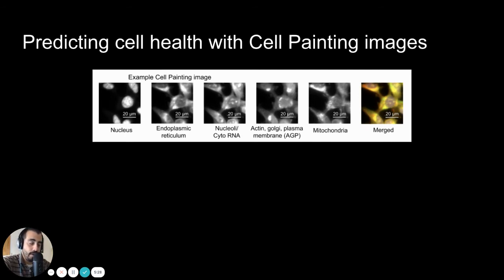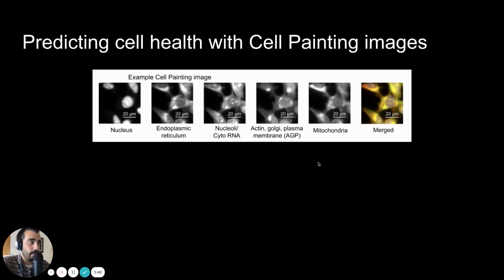It's just there to measure general cell state. And so in the cell painting assay, we measure various different compartments: the nucleus, the ER, nucleoli or cytoplasmic RNA, AGP, and mitochondria. And so using these unbiased dyes, our task was to see if we could predict the actual